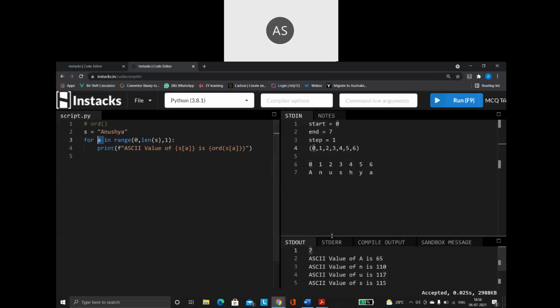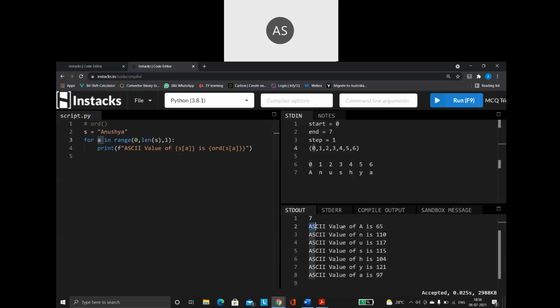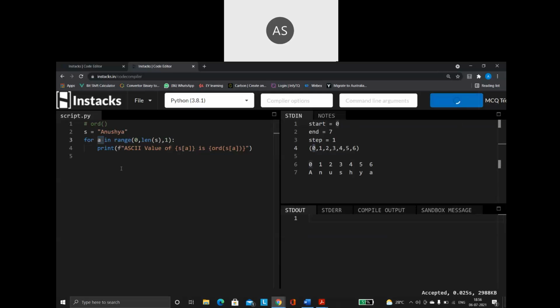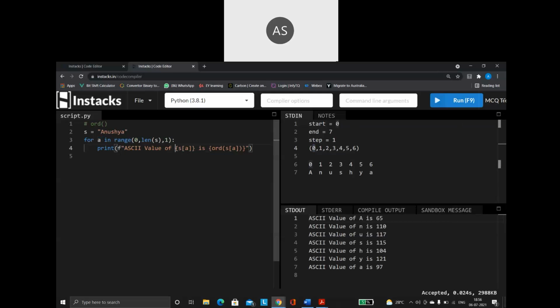In the place of the curly braces, you remember, it is just going to print the variable's value. Whatever value is given by this s of a, that is going to get printed. So I am saying value of s of a means what? s of 0, because a value is 0. So it is going to give me this capital A.